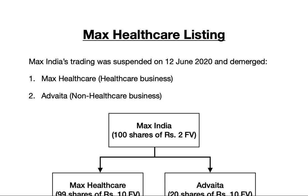Today I'm going to talk about Max Healthcare's listing. As you know, today Max Healthcare got listed. By today I mean 21st of August, and it left many of us wondering how did Max Healthcare get listed on the market without an IPO. So I'd explain the reason behind this listing, but before delving into how this listing happened and the technical jargons